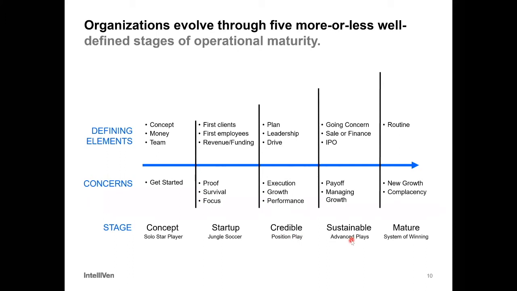In the sustainable stage, now we're getting to higher order plays, where groups of people in the organization are working together to do things in a specific way. And then we develop a whole system of winning. I think of a farm team and a growth engine, and a way of making sure we constantly are refreshing and refining what we're doing and winning in every way.